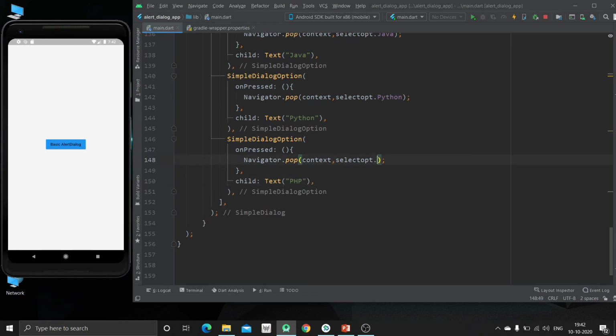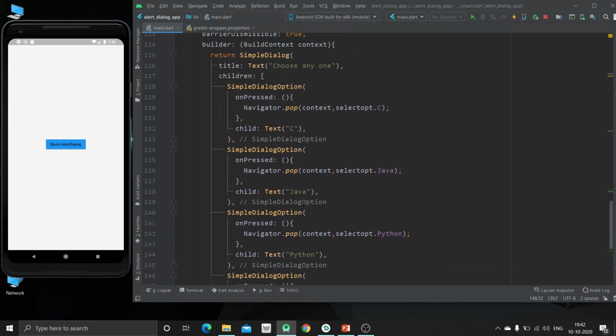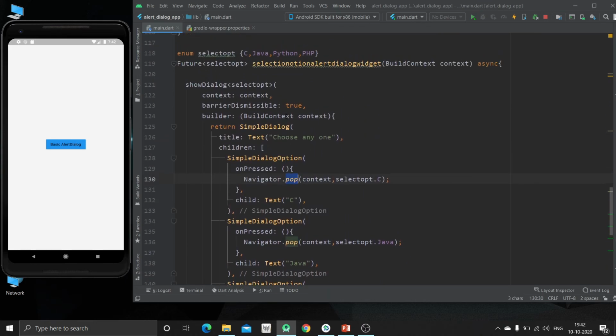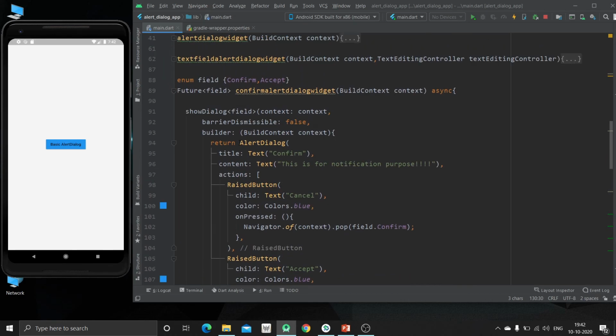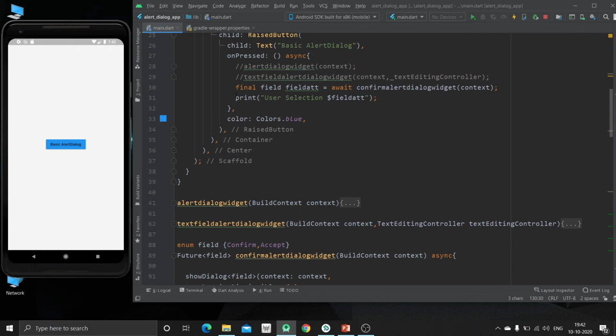Now these are the 4 items which will be shown to the user. Now also we have to call this inside this. Just make it a comment.